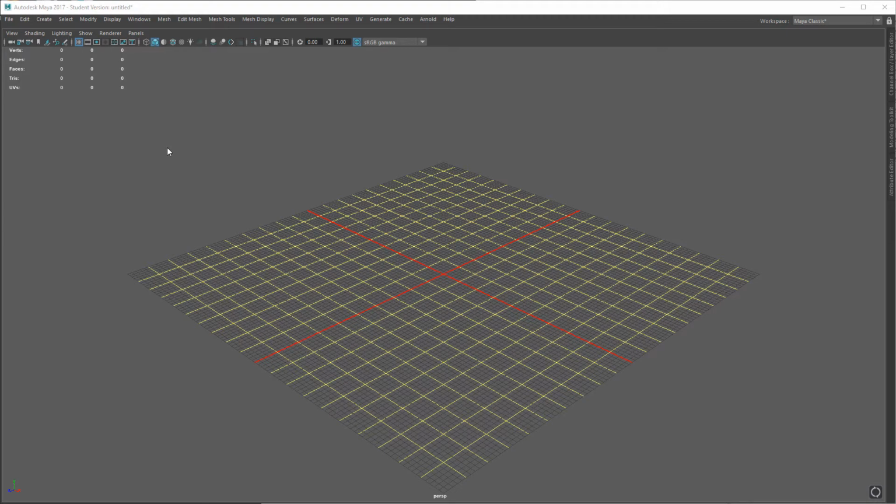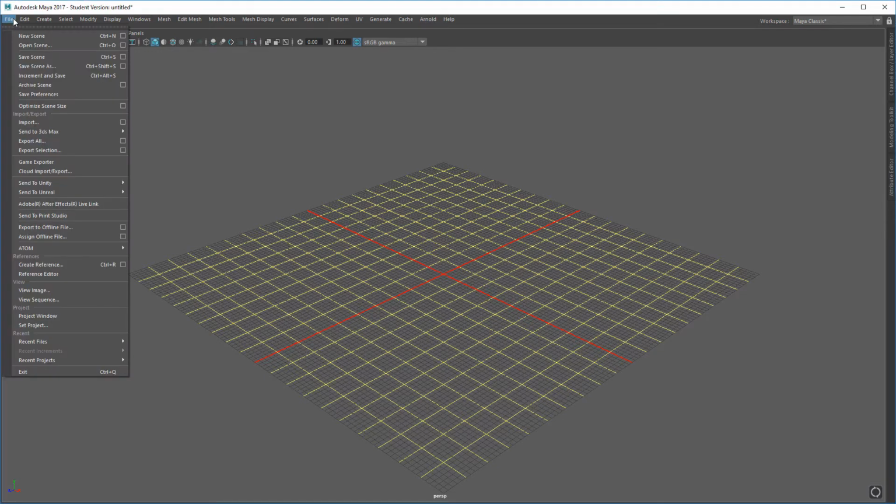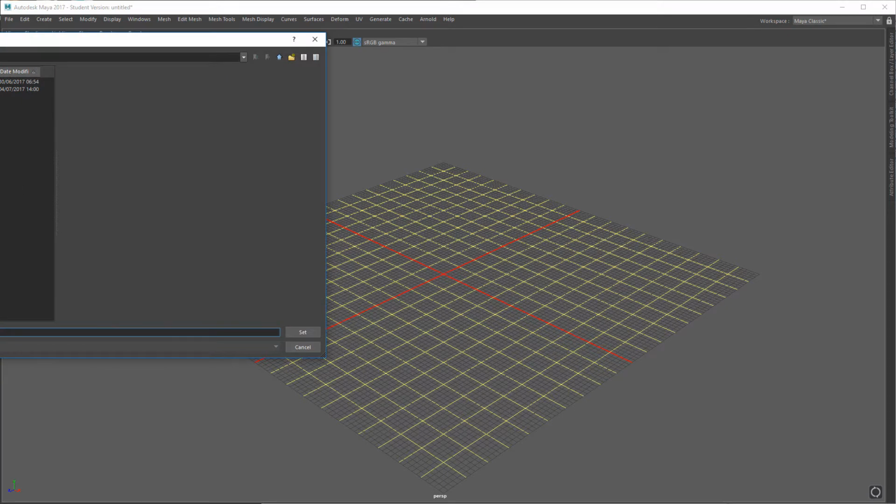So before we start making any small scale assets, let's have a look at the file structure and how to set up projects. So by default, Maya will produce some form of project, but really you need to set your own rather than have it within the Maya folder, which can be a bit confusing really. So I'm just going to go to File, Set Project, and within this you can set it to whatever you want. Effectively you are going to make a folder which will be utilized by Maya to save all your